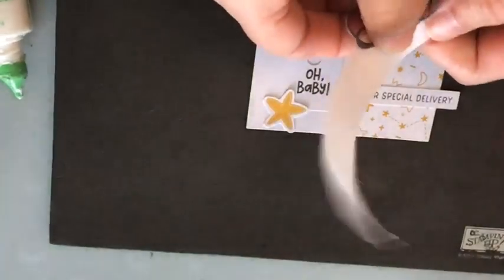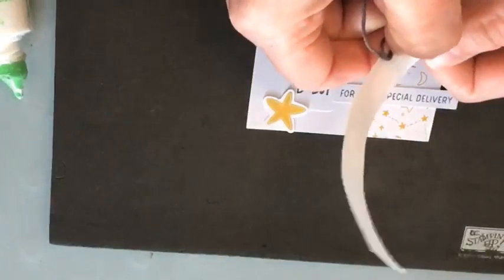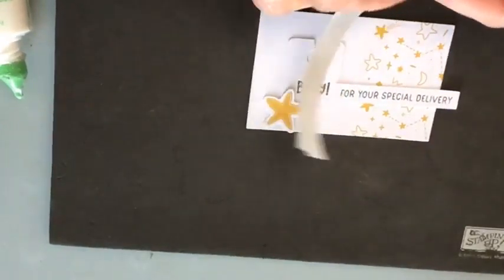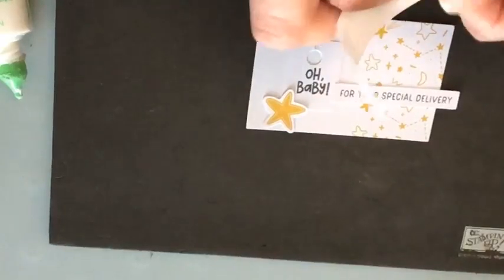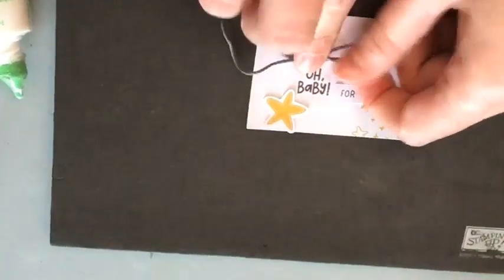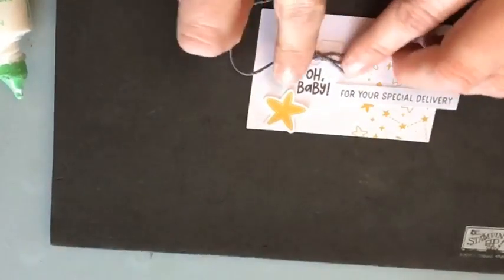Let me know if you want me to talk about my bow maker. It's just like 3 pieces of wood, and it helps you make bows really nice with your ribbon and your twine. So we're just going to take a mini glue dot, take this off the roll. I'm putting my knot right to the glue dot and trying not to touch it with my fingers that have oils on them. And then the glue dot's going to go right in that center kind of hole, so to speak,